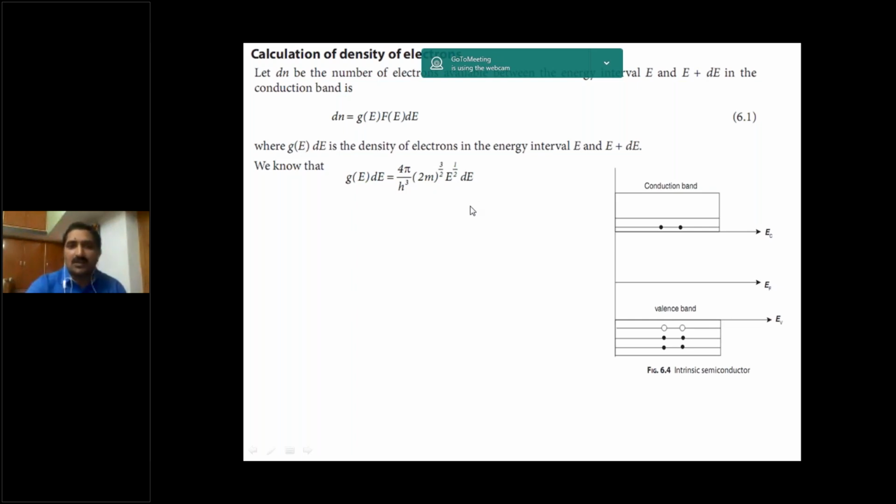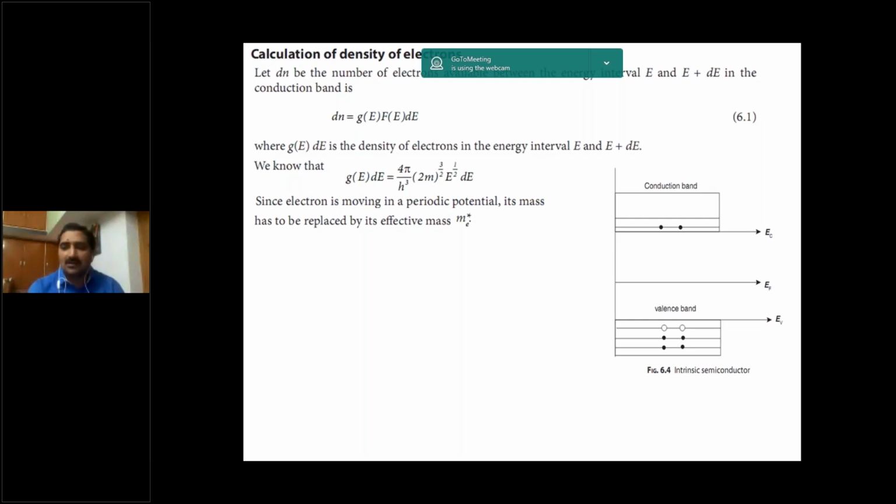Since the electron is moving in a periodic potential, that means the electron is moving in between two positive ion cores. Germanium is the positive ion core. Out of 32 electrons, 28 electrons are bonded to the nucleus. So that 28 bonded to the nucleus can be called a positive ion core. And another positive ion core is beside that germanium atom. So the electron is moving between the two positive ion cores.